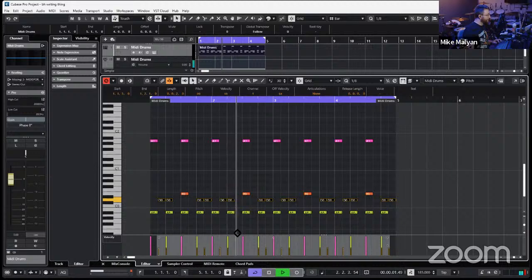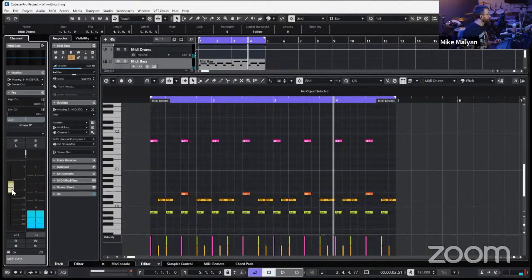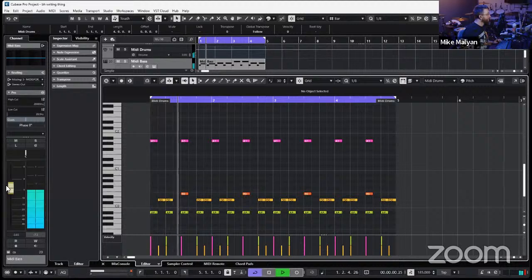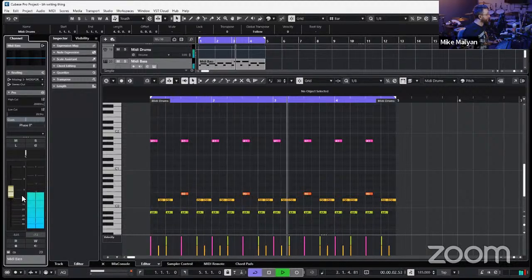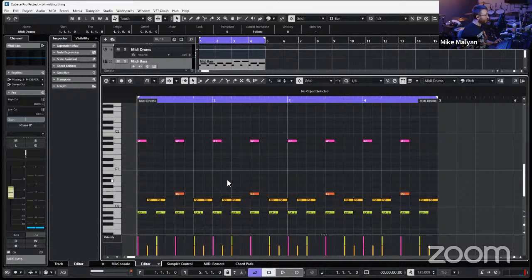Because we're on a separate note, I can basically pull that velocity up so it sounds nice. And inside a mix, this is pretty perfect to just work with. I'm gonna turn that bass down just a bit. It's pretty mentally loud. Shout out to Cubase for throwing in a mixer on the left, like Logic has had for so long. That's one thing I've been hoping for ages.